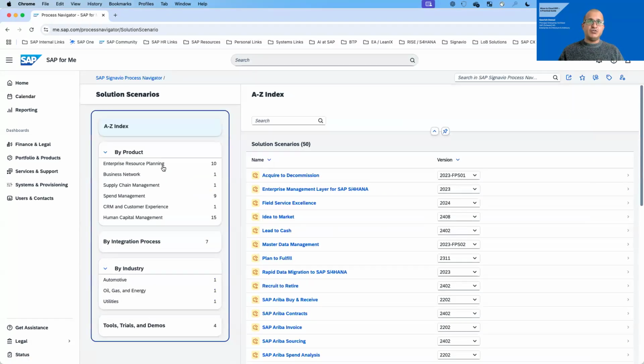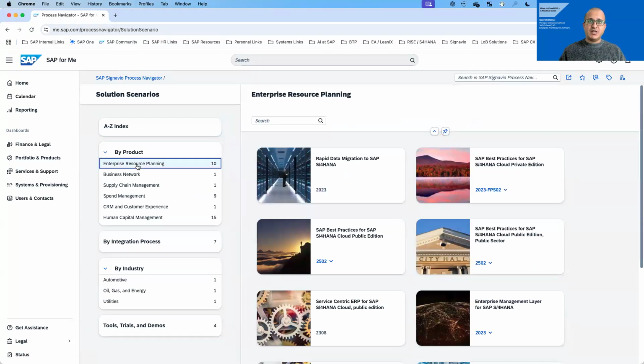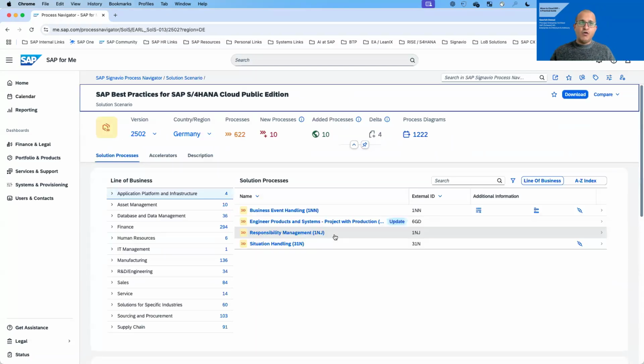But if you look at solution scenarios, you can select over here enterprise resource planning and then select best practices for public cloud. Over here, you will get all the standard processes which are available across the line of business. So in terms of finance, HR, manufacturing, sales, service, supply chain, all of those are pre-built over here.